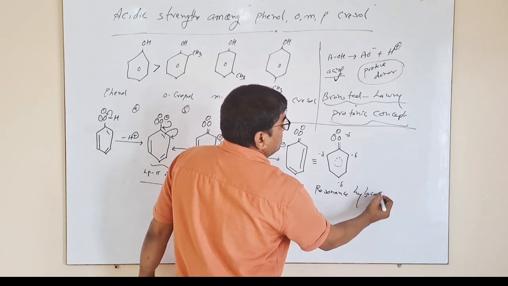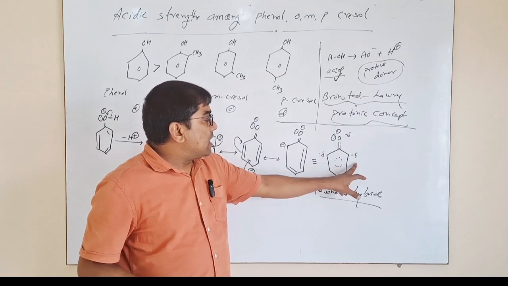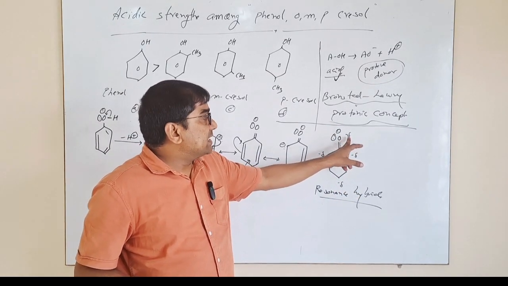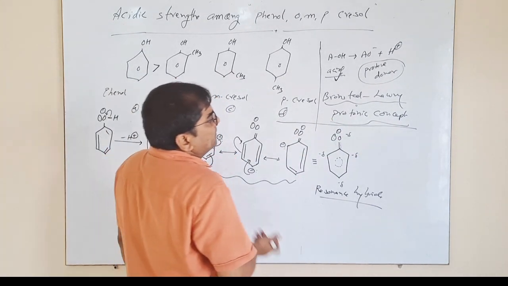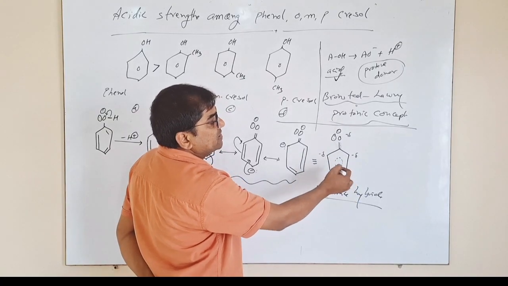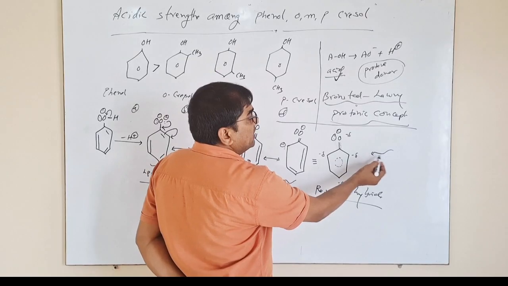This resonance hybrid has partial negative charge at ortho and para positions, with the oxygen that is attached with the proton. Now, since it is clear that higher electron density is present at ortho and para positions, that's why the incoming